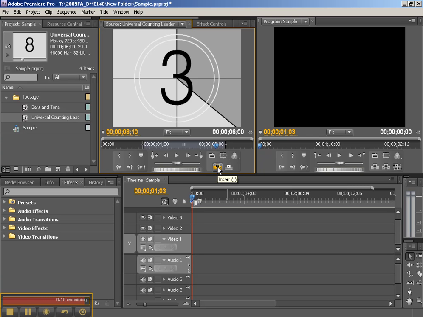Down here you have insert or overlay. Insert will insert new video footage in between two. Overlay will overlay it on top of the video that you have selected. So you have to be aware of which video channel you have selected at a time. Because if you select a different